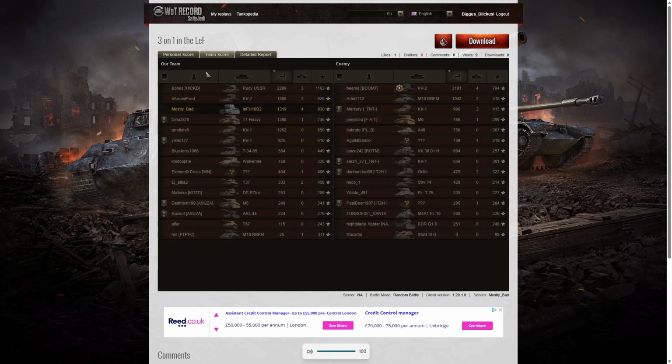Let's have a look at team score. Well, he didn't get the highest damage in the game. The KV2 on the enemy team picked up a high caliber for 3,191, but of course he went down to Mostly Bad's gun as well. Second highest damage was the Rudy on our team, 2,298. And the third highest damage was our KV2 with 1,888. When it came to Mostly Bad, he's 4th on damage with